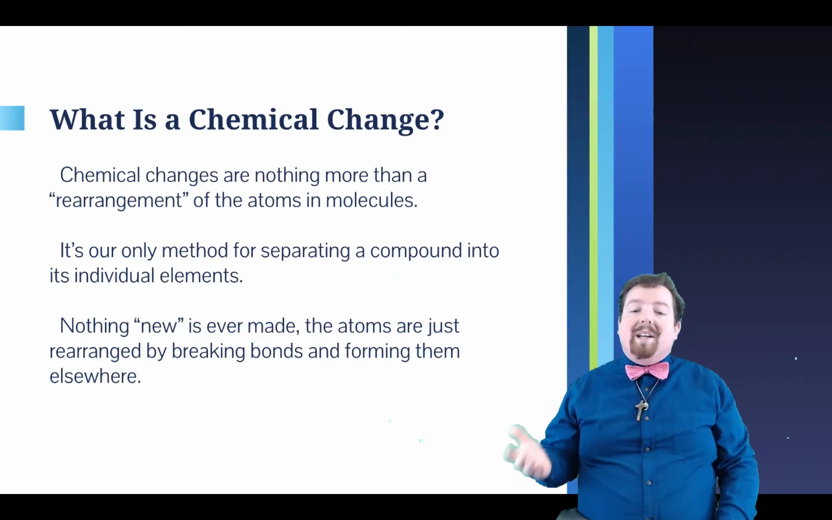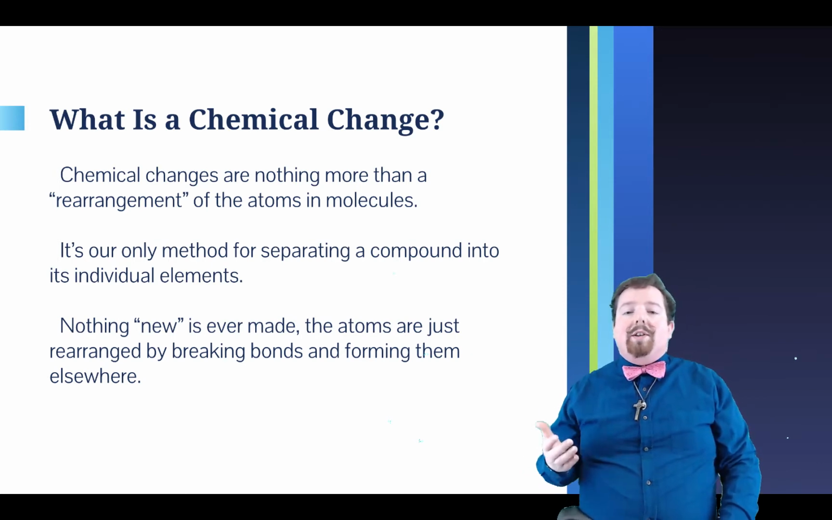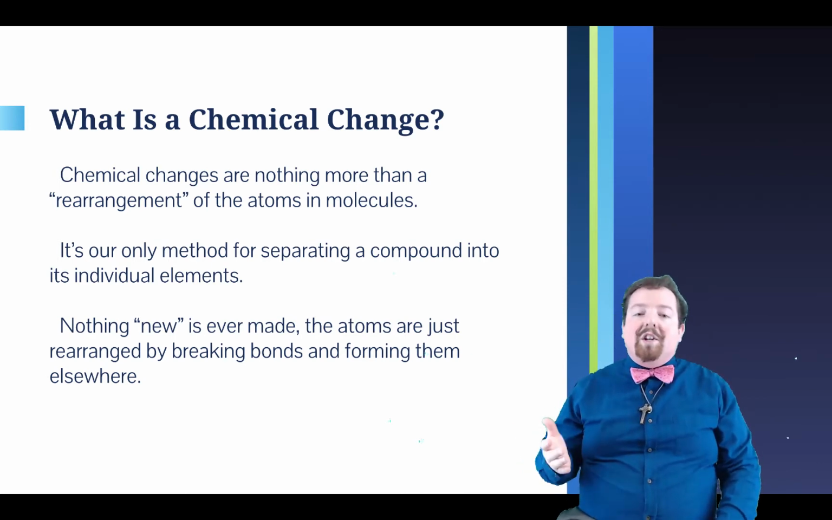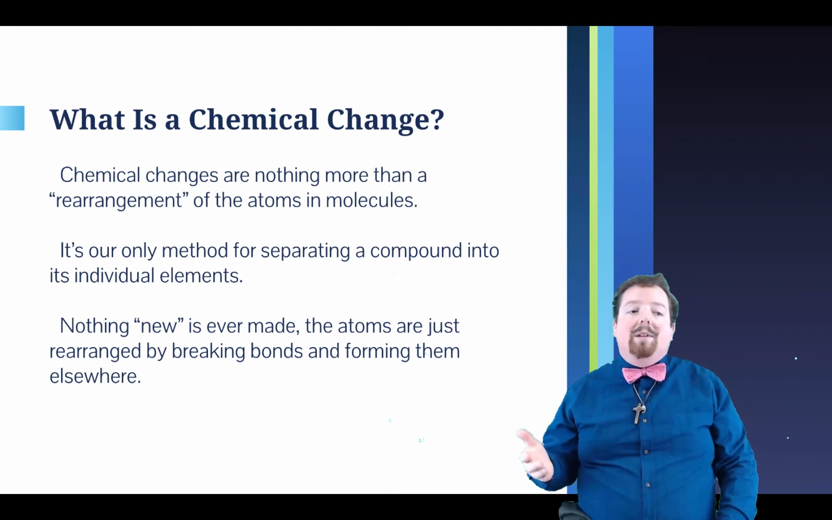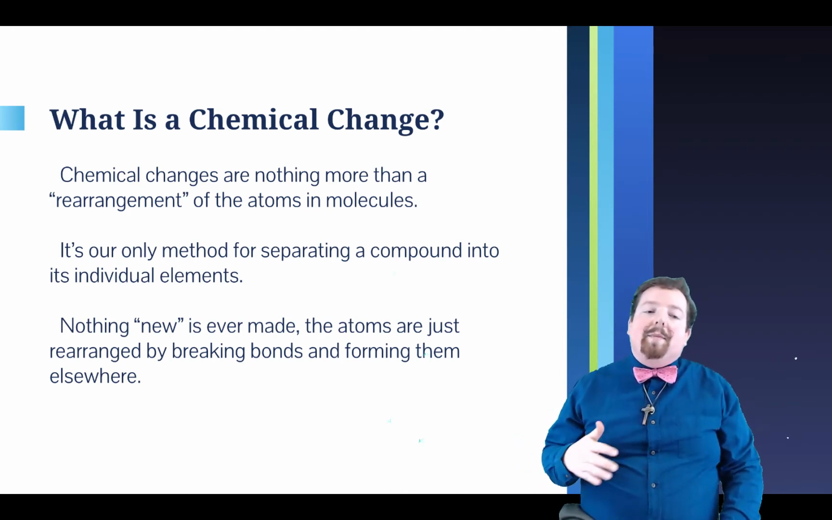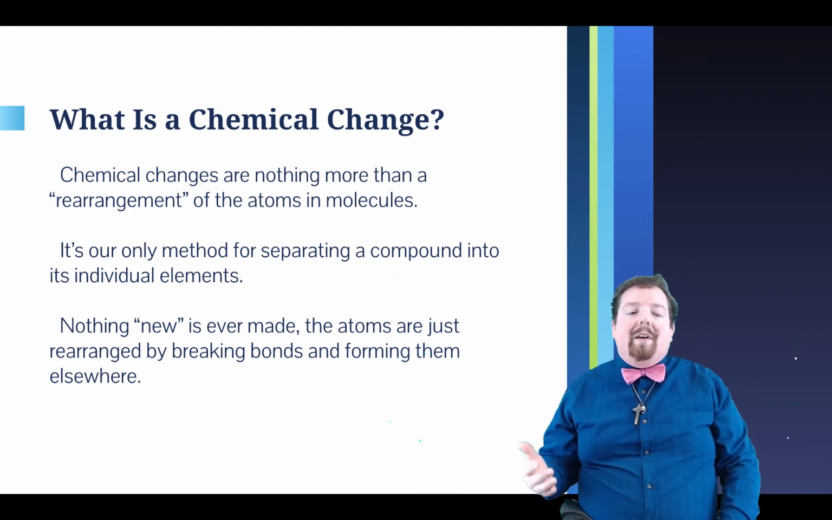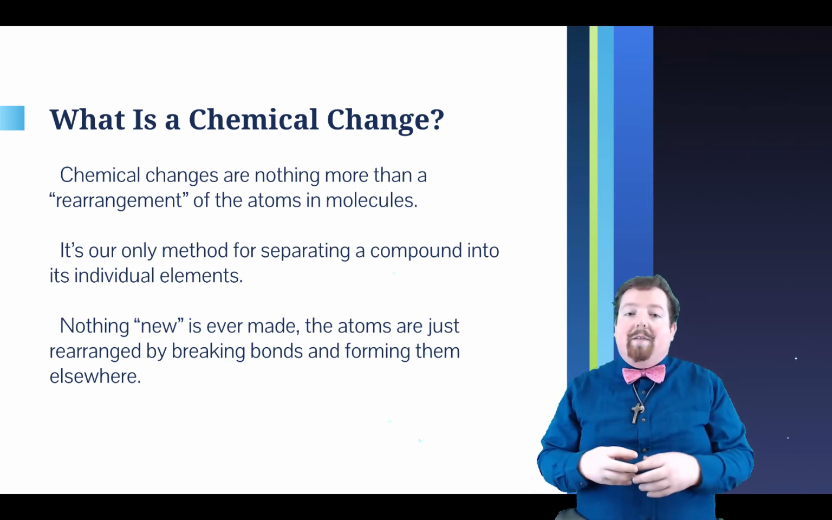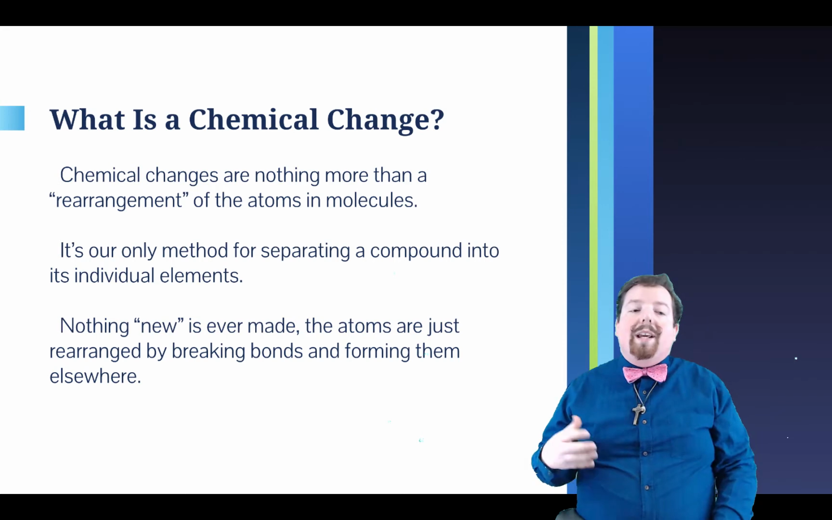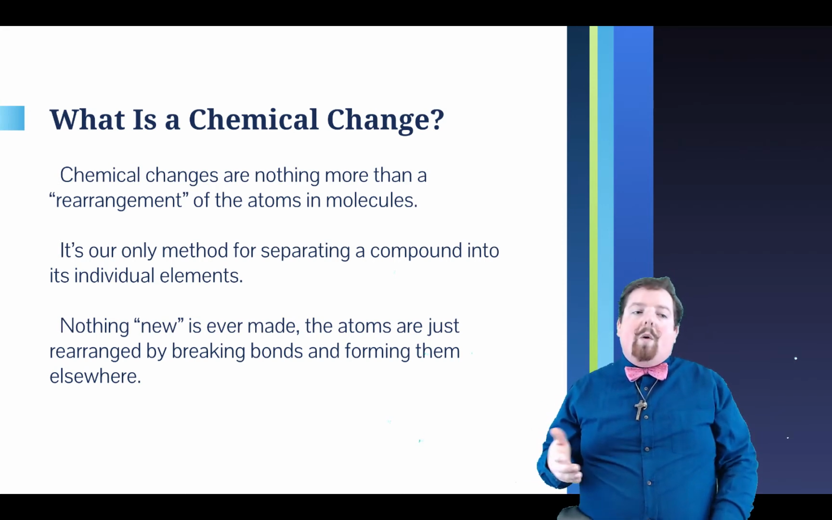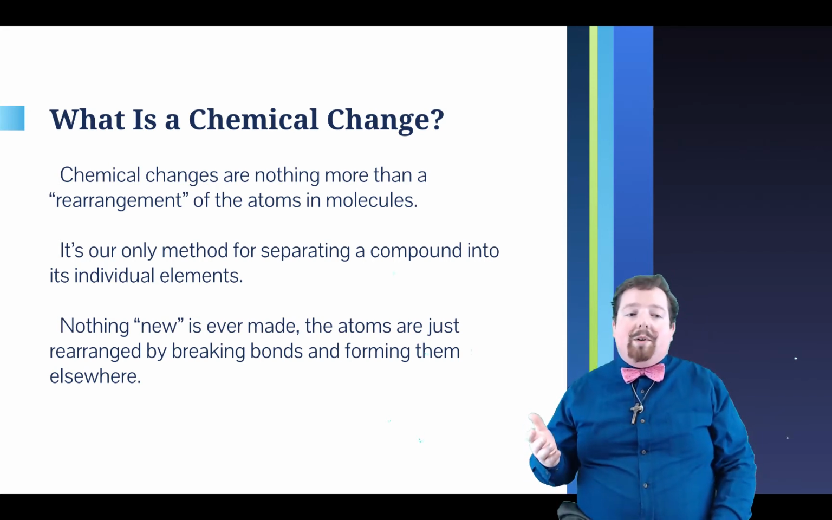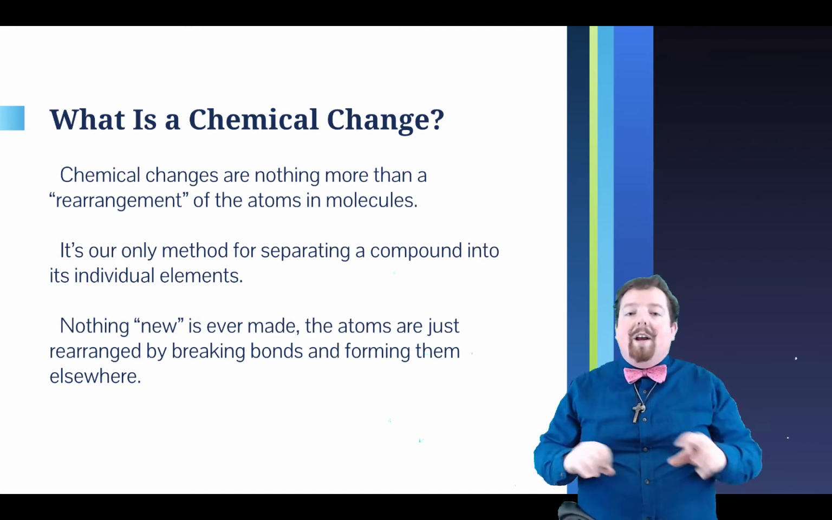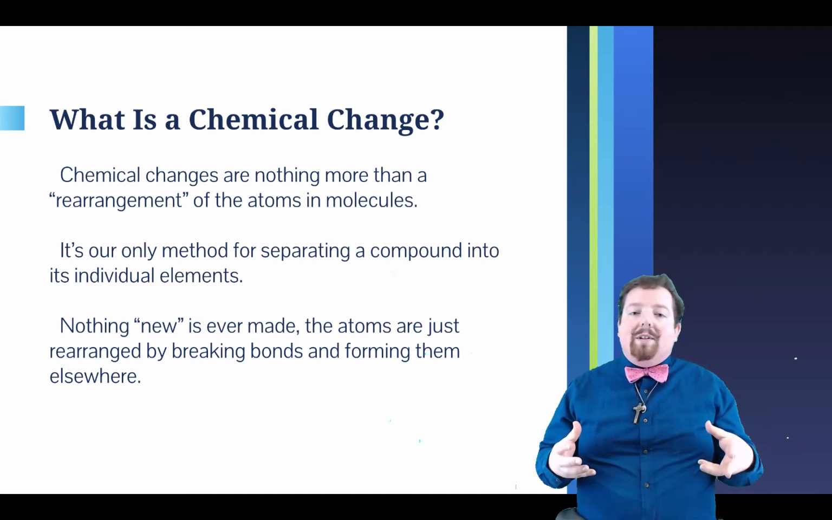So, just what is a chemical change? Well, chemical changes are nothing more than a rearrangement of atoms in molecules. Unlike a mixture, which can be separated through physical means, the only way we can separate the individual elements of a compound from each other is through a chemical change. We never make anything new in a chemical change. We just take what we have, break the bonds of the atoms, move them around, and then form new bonds